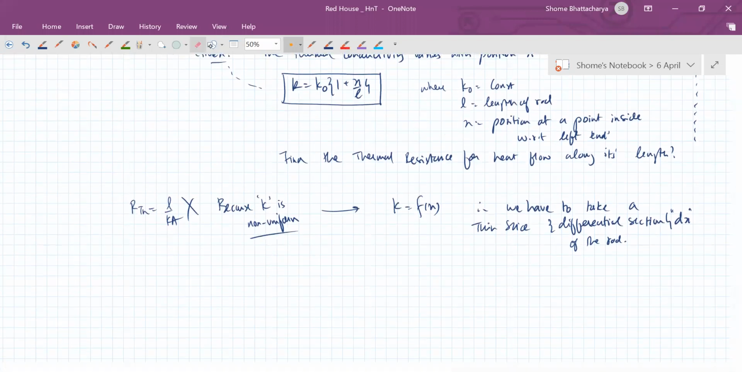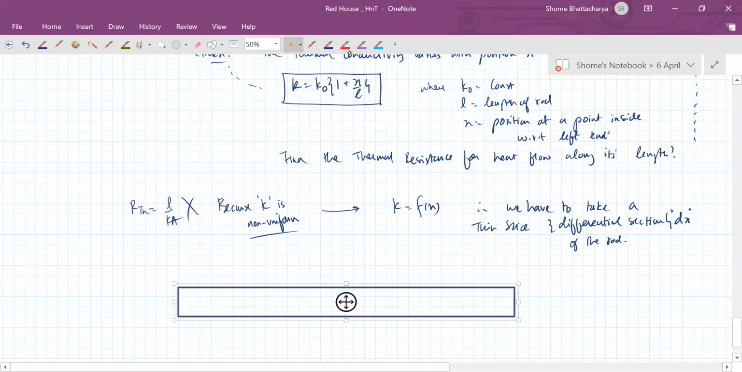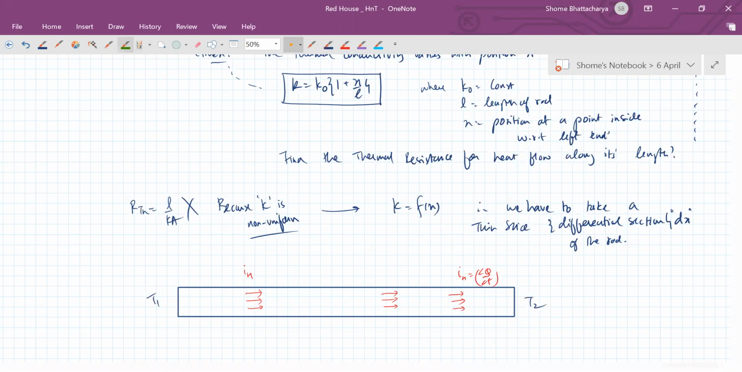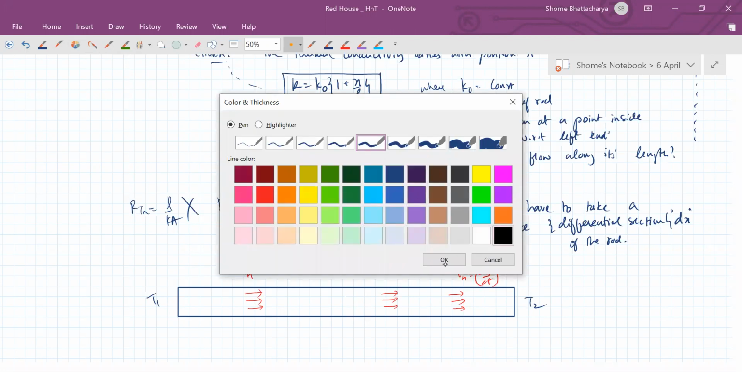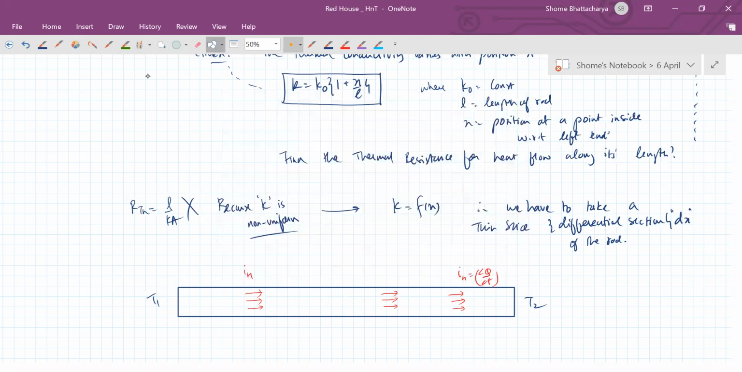Okay, so let's understand what we'll do here. So keep in mind that heat is flowing along the length of the rod. The heat current is along the length of the rod. And in steady state, there is uniform heat current everywhere. Okay. Because we are maintaining a temperature difference T1 minus T2. So now if we cut an arbitrary differential section,